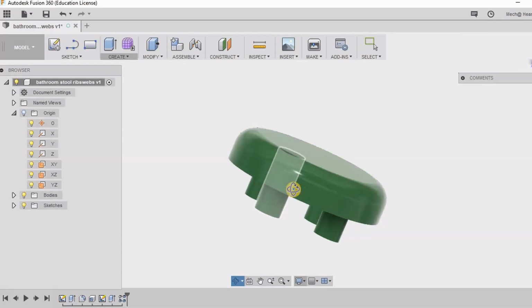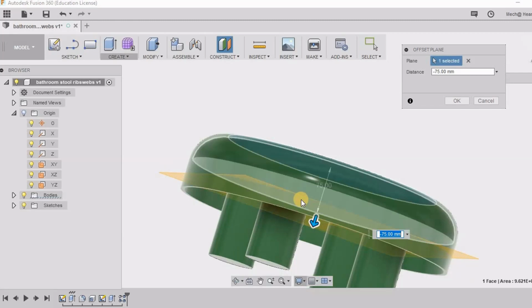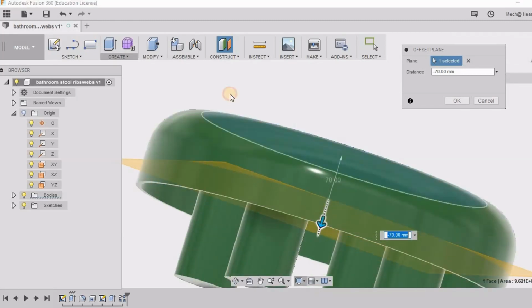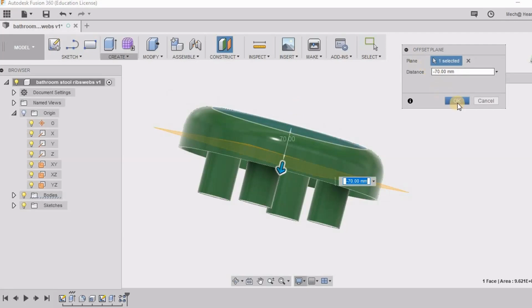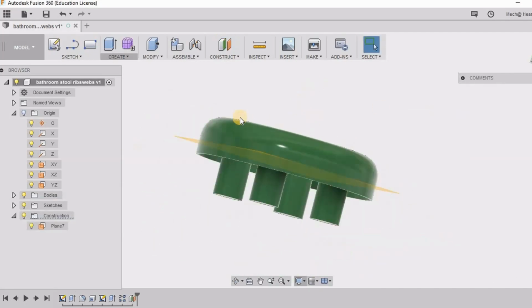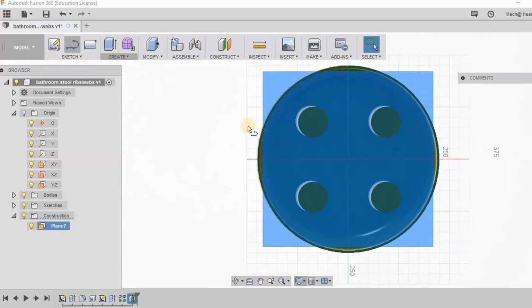So I'm going to create an offset plane first, on which I'm going to draw my sketch. So here I have created this offset plane. Somewhere it should be intersecting this, but above the legs. So I'm going to take this as my sketching plane